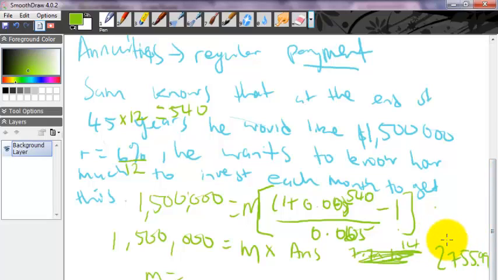Doesn't matter. So how much should I invest? As long as I put $544 a month for 45 years, I will get $1.5 million. That's a lot. That's a lot for nothing. I'm only putting in roughly more than $100 a week. Everyone can save $100 a week. Yeah. When I get clients, let me